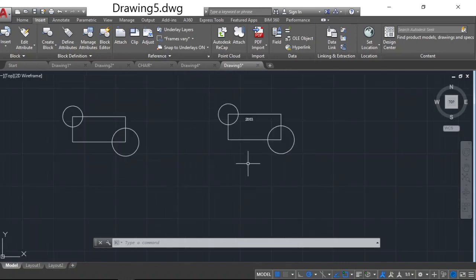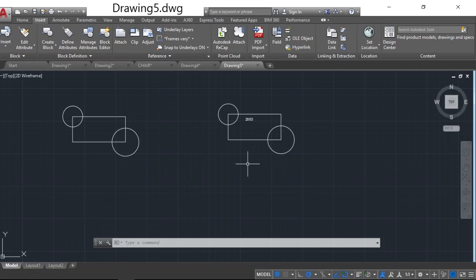Okay, so like this you can assign any number of attributes for a particular block. You can assign any number of values, any number of attributes. Okay, for example, you are drawing a chair.